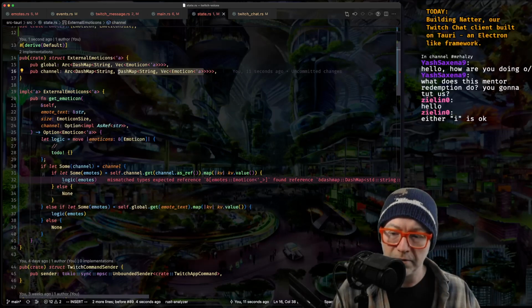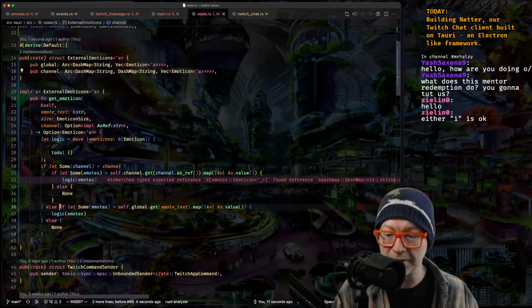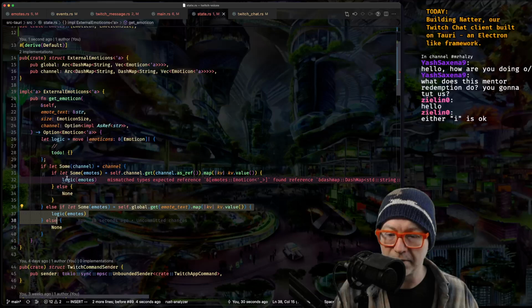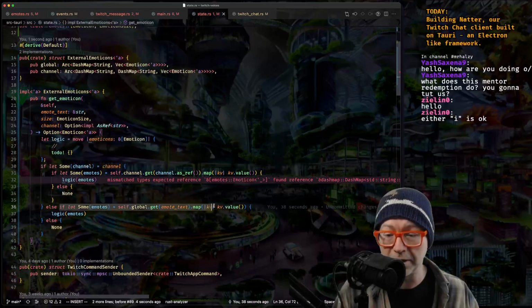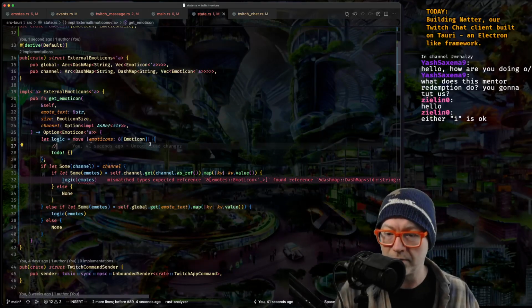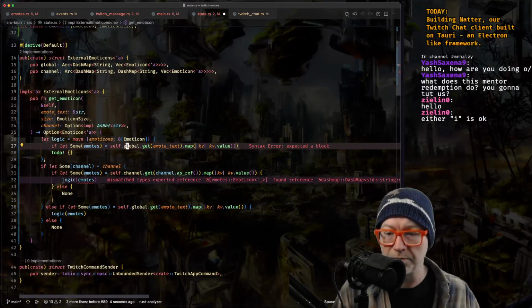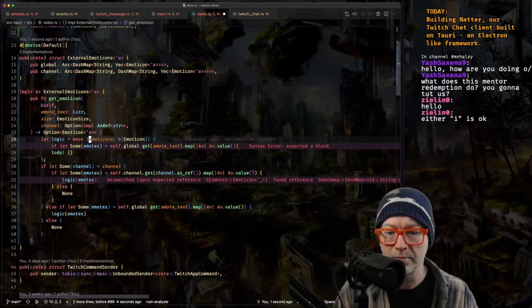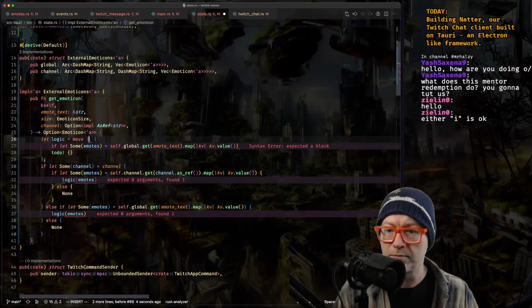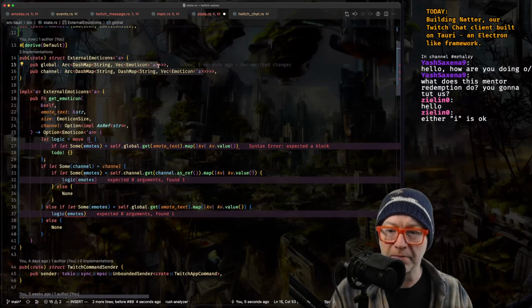Oh, you know what we should do? Let's basically move most of that logic in there. Yeah, basically this section here. I like that better. What do we call these? This dash map.